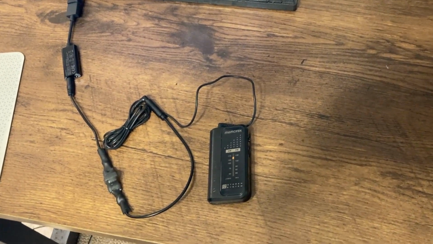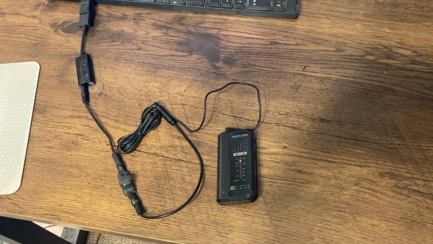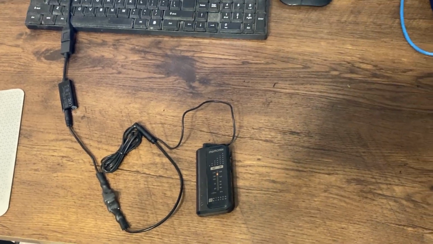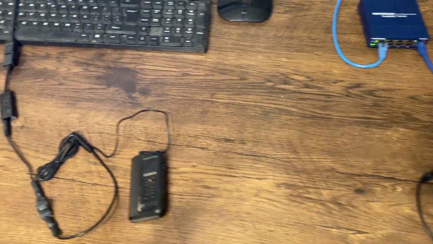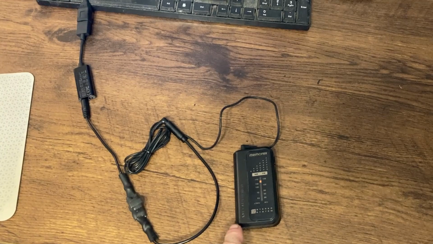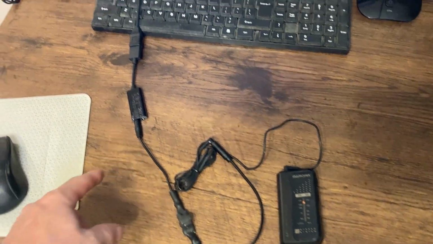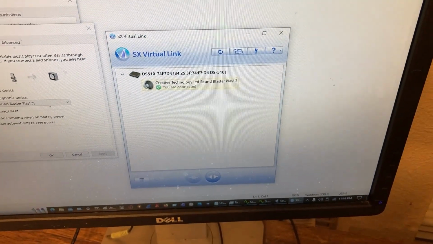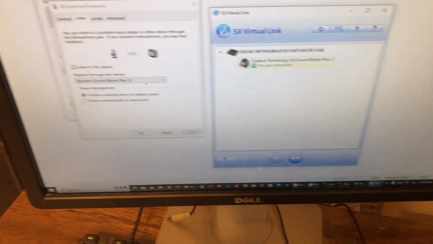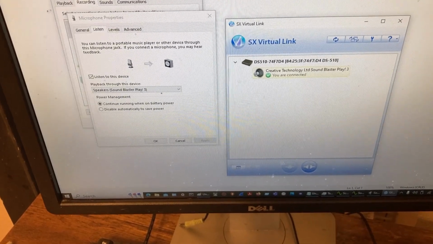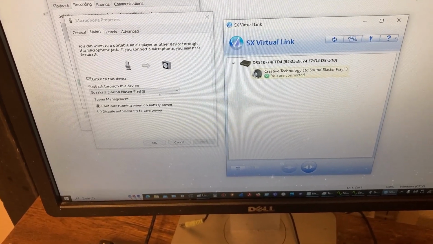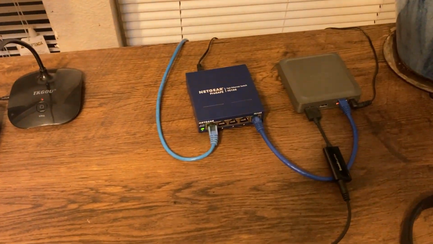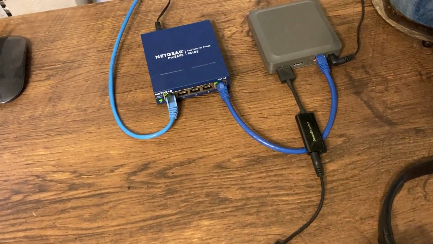Okay guys, we're going to do a demonstration today of the network audio bridge. What we have here is an audio source, which is AM FM radio. I'm going into a Sound Blaster sound card into the PC here, and I'm using on the PC the SX virtual link and a connection between the two sound cards, and I'm going over to another sound card over here